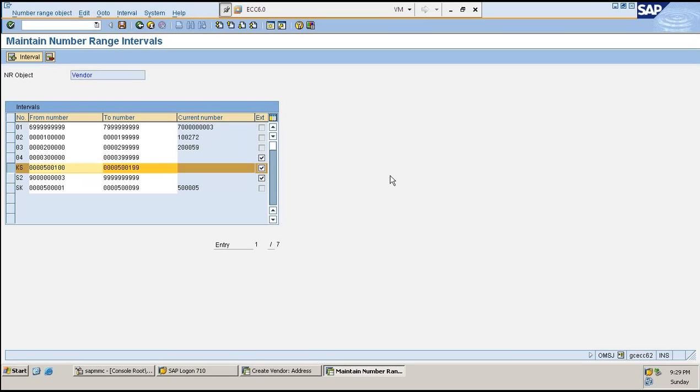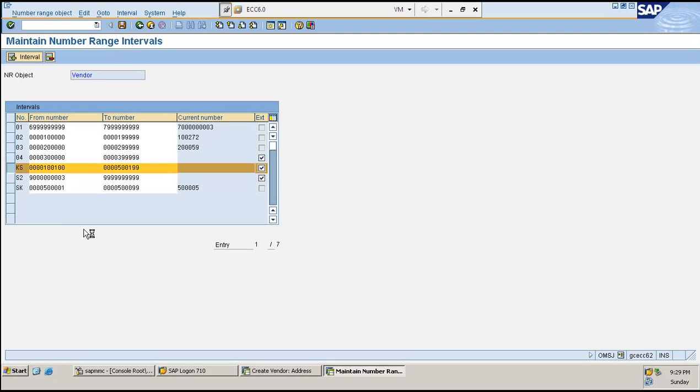But any number between this range is not a problem, right? In your system, there will be certain number ranges which are already used across, so if that's the case, you will not be able to use that. If it's not used across, you can make use of any number range without any overlap, as simple as that. If I use some number ranges, I can't overlap with that. If I click on one over here, it's going to give me an error.